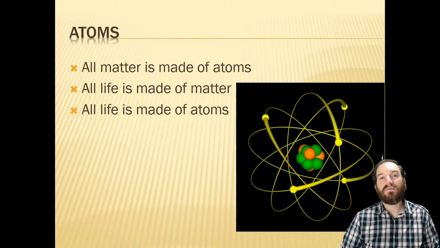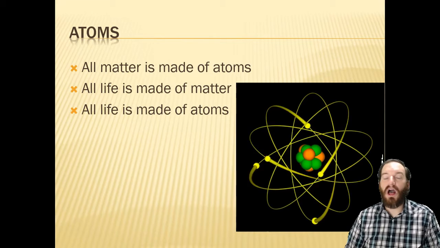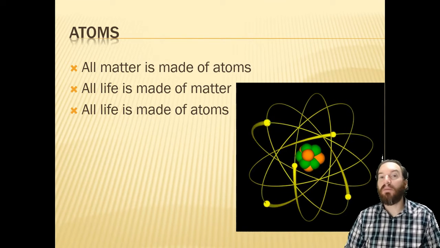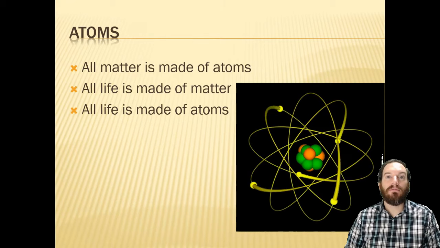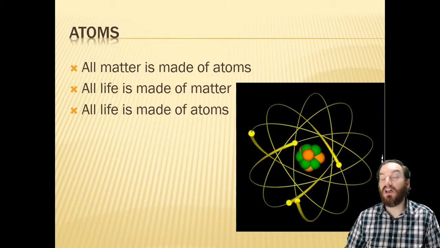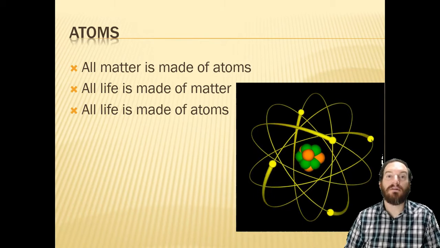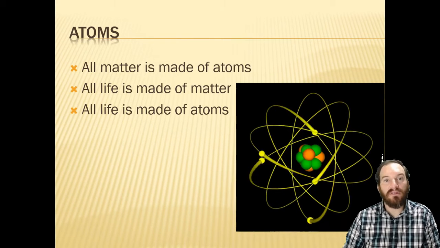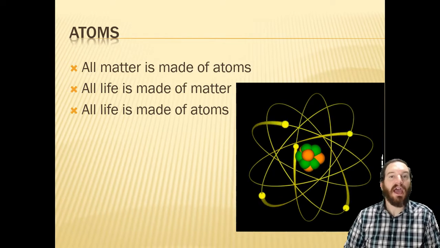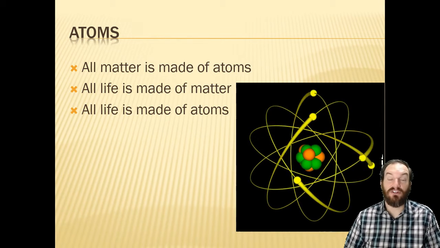Remember, when you talk about chemistry, we're really talking about atoms. And why do we talk about atoms? Well, atoms are incredibly small. If we talk about cells, cells we know are microscopic. Well, cells are made of trillions of atoms. So atoms are even smaller than cells. So we're talking the smallest possible scale here. And the thing is, we can't actually see atoms. They're just way too small.